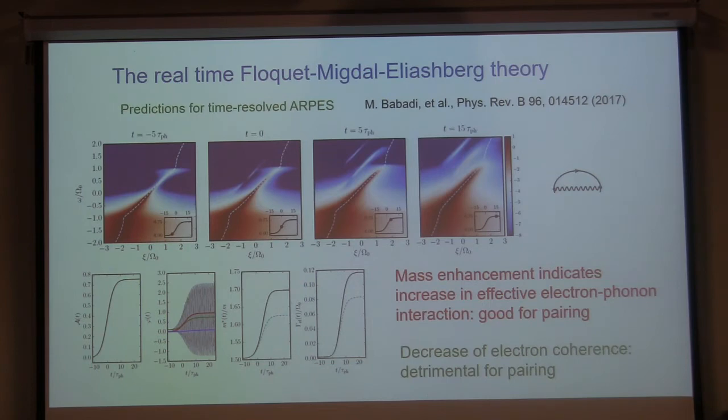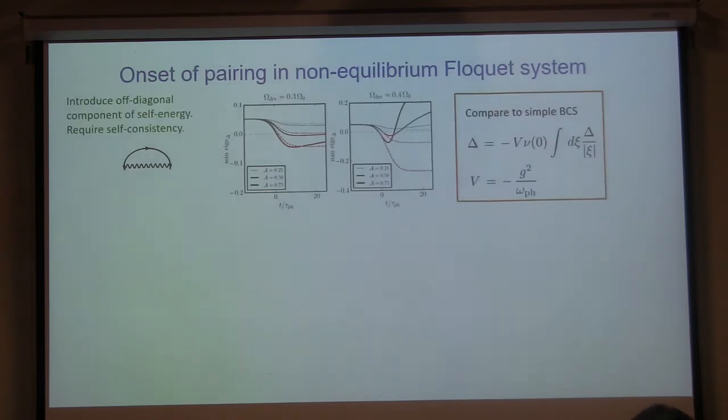Right? So we are indeed getting enhancement of electron-phonon interaction, which is good, which is what we want for photoinduced superconductivity. But at the same time, we see that the spectral function is getting broader. So actually, our electrons are becoming less coherent, and this is bad for superconductivity because pairing is a coherent process. So we have to analyze competition between the two contributions, the good side of the drive, which is enhancement of electron-phonon interaction, and the bad side of the drive, which is making electrons less coherent.